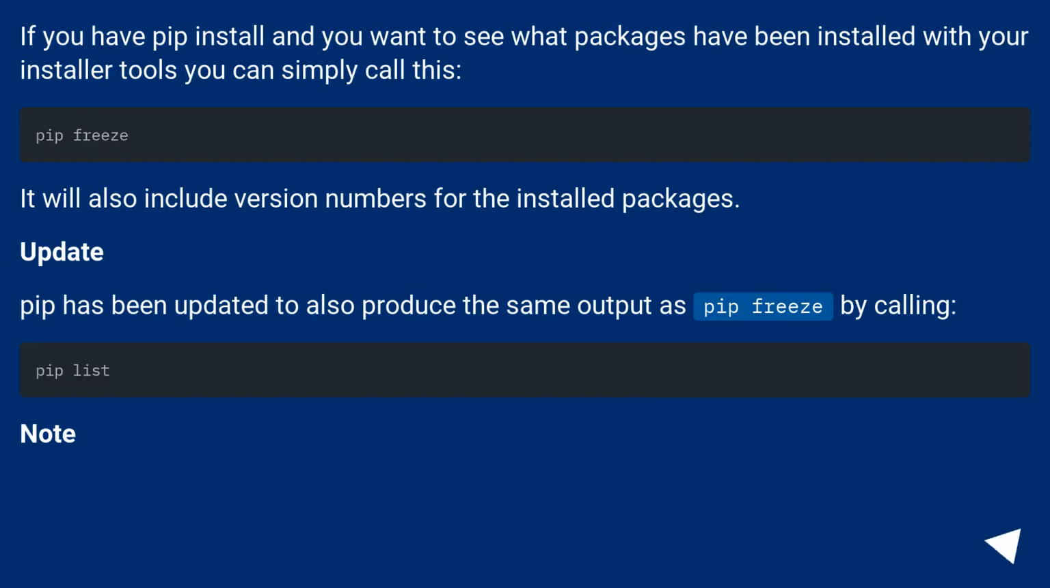If you have pip installed and you want to see what packages have been installed with your installer tools, you can simply call this. It will also include version numbers for the installed packages. Update: pip has been updated to also produce the same output as pip freeze by calling